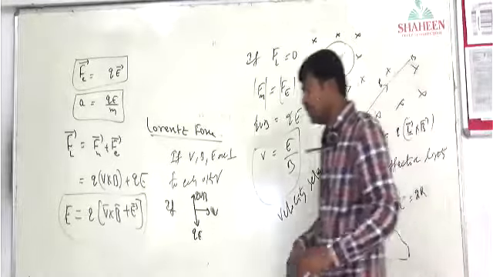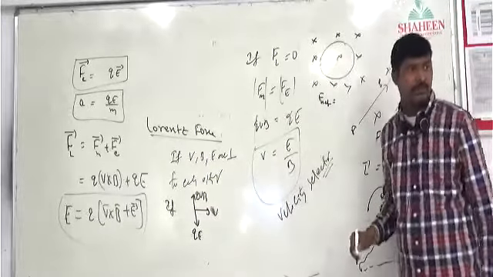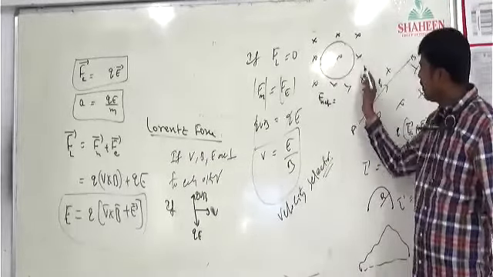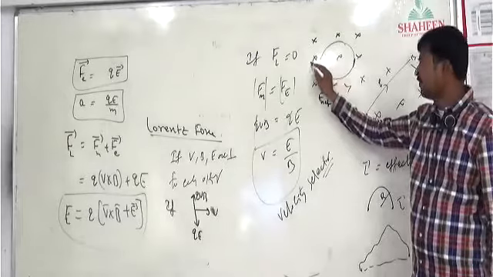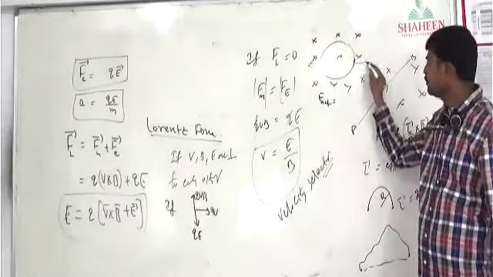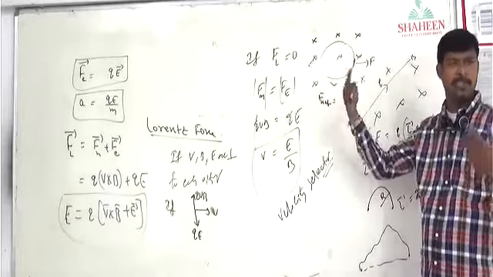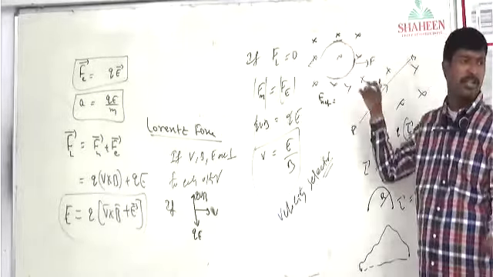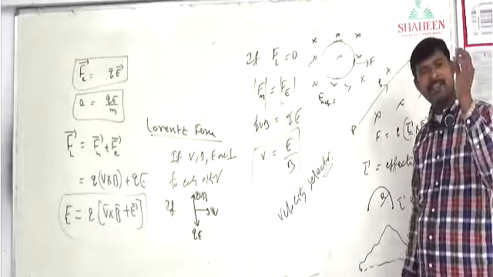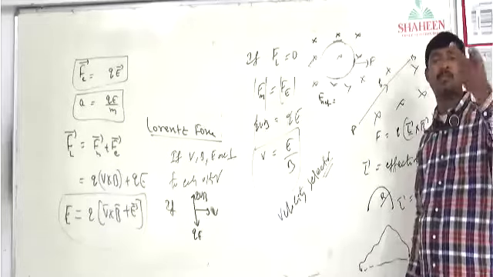But see, F net on the current loop is 0 like this. Look, you take this part, and then quite opposite you take this part. Suppose here the force is this side, then here the force will come quite opposite. That's the reason net force due to these two parts will be 0. Similarly, one part here, one part here: forces are opposite, net force 0. At every part, if you take the diametrically opposite point, they experience opposite direction force.